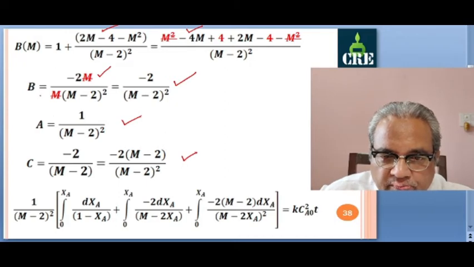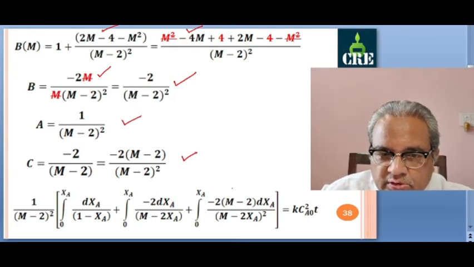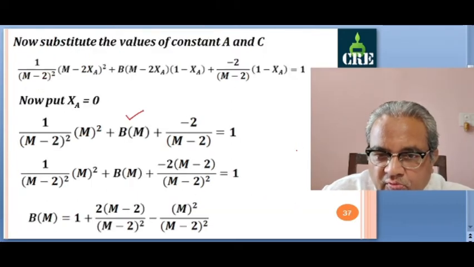Second term b, only minus 2 is left. This we have taken outside the bracket. So minus 2 into dxa by m minus 2xa. C, what is left is minus 2 into m minus 2 divided by m minus 2xa whole square, and this m minus 2 whole square we have taken outside. On the right hand side we have